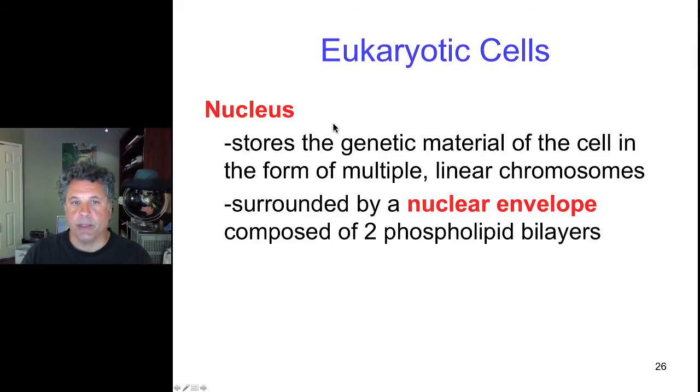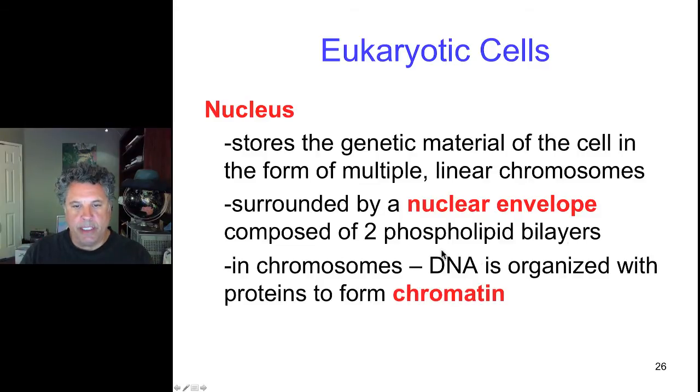We know that that is where the genetic material is stored, and the nuclear envelope is the 2-phospholipid bilayer membrane. So the nuclear envelope, or the nuclear membrane, is a double membrane. It consists of 2 phospholipid bilayers. And DNA in the nucleus is organized with proteins, and we call that complex of DNA and its associated proteins chromatin, which is Greek for colored stuff. So chromos means color, tin stuff, so colored stuff. And it's called that because when cytologists first started using organic dyes to stain cells, they came across ones that lit up the nucleus, that bound the nucleus.